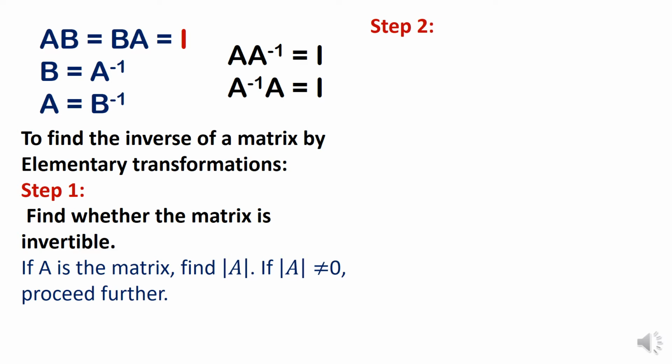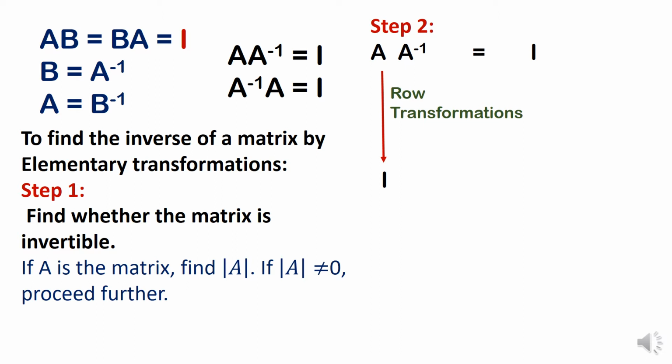Now what is the next step? Next step can be done in two ways. Suppose we write over here A into A inverse is equal to I. Note here that A is known to us, it is a given matrix. I is also known to us, it is a unit matrix of the same order as A. Thus, the only unknown here is A inverse. Now what do we do over here? By suitable row transformations, we convert A into I.